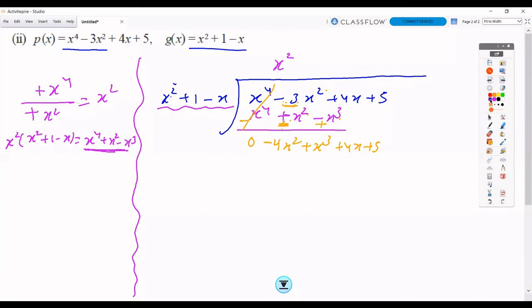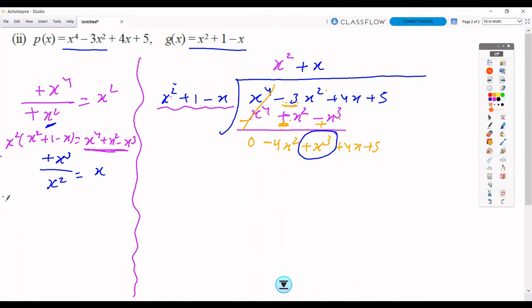Now, once again, we are moving to the next term. We will repeat the similar steps which we have done previously. We are supposed to find the highest power term. So this time the highest power is not this. Remember it. x² is not the highest power. The highest power is plus x³. As I said, we are supposed to take it with the sign. So plus x³ divided by the same divisor, here we are not going to change x². So the answer is x. We are supposed to write here, with the sign, plus x.